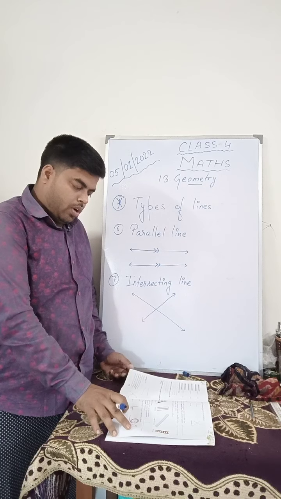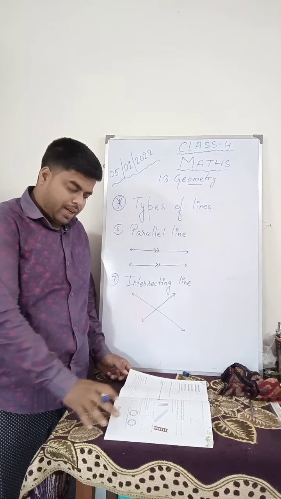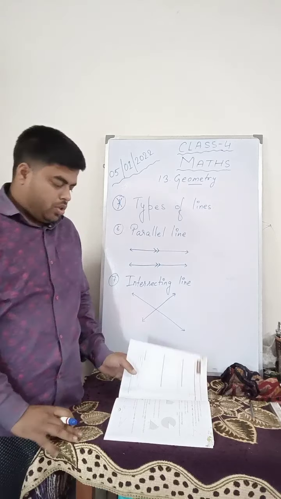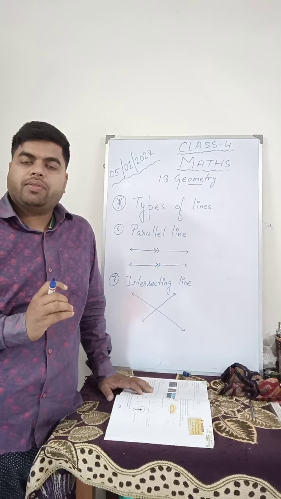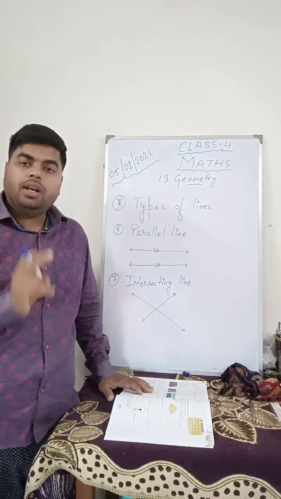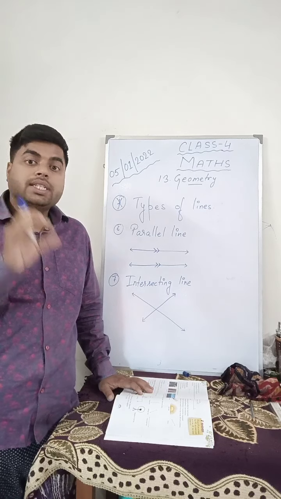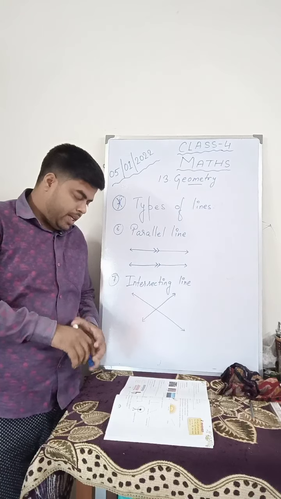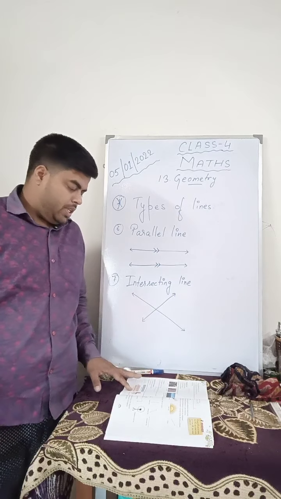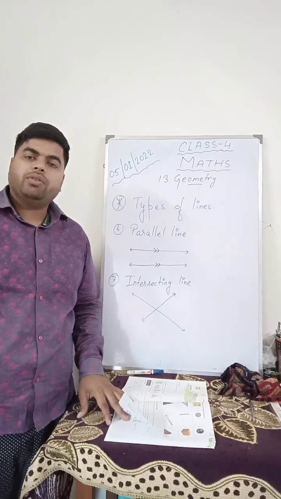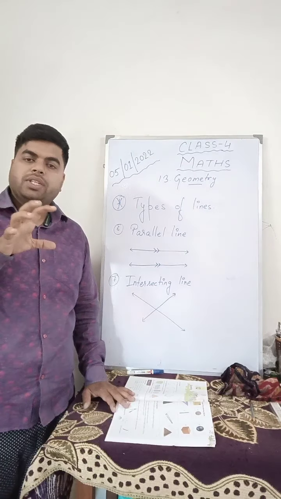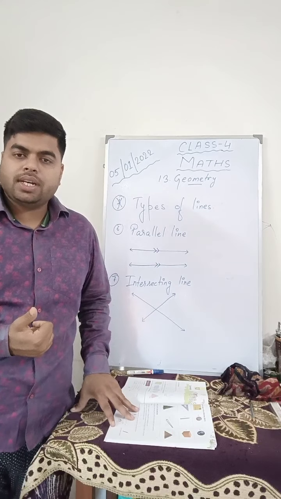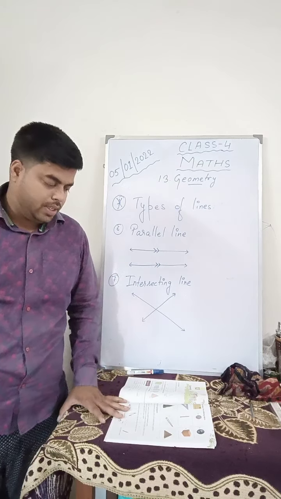So I hope all of you have understood what the different types of line are. Almost all the different types of line I have written. So all of you will learn these types of line along with the shape, how they look. So children, for today we will keep it till here. In the next class we will start with the exercise 13.1 and so on. I have given you the basic concept, basic ideas about it, and as we move on with the chapters I will keep on giving you a few ideas about geometry.